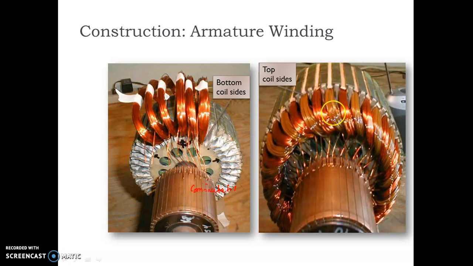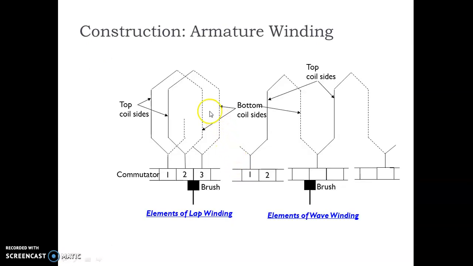Once this winding is rotated by external means, the flux cuts the winding and an induced EMF is produced in it. But due to the commutator, the induced EMF becomes unidirectional and we get a unidirectional output voltage. Now this portion is the construction of the armature winding. This is the top side coil, already shown in the previous slide. This is the commutator part, and a brush is placed here. This coil is the bottom part and a brush is placed here.